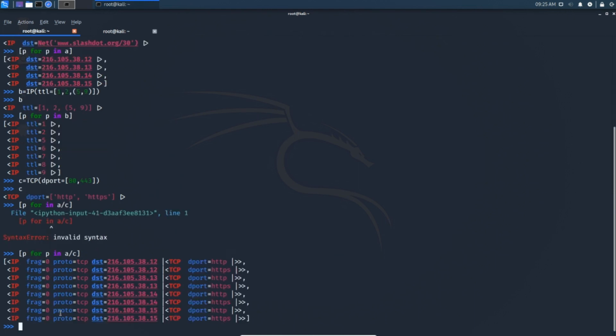A/C. See here, these are the packets with fragment of 0, with protocol of TCP and destination IP address, and these are the ports, which port has been used.